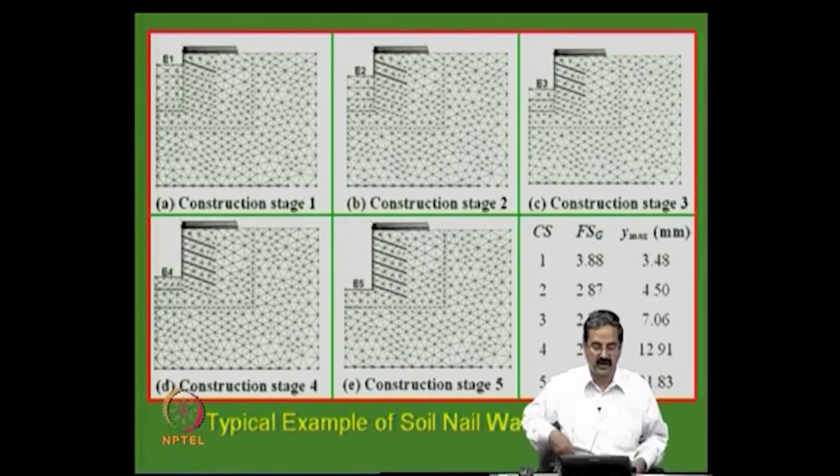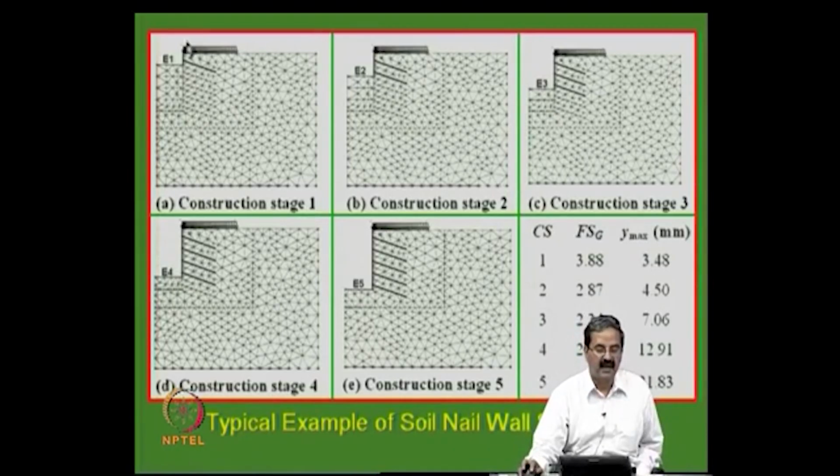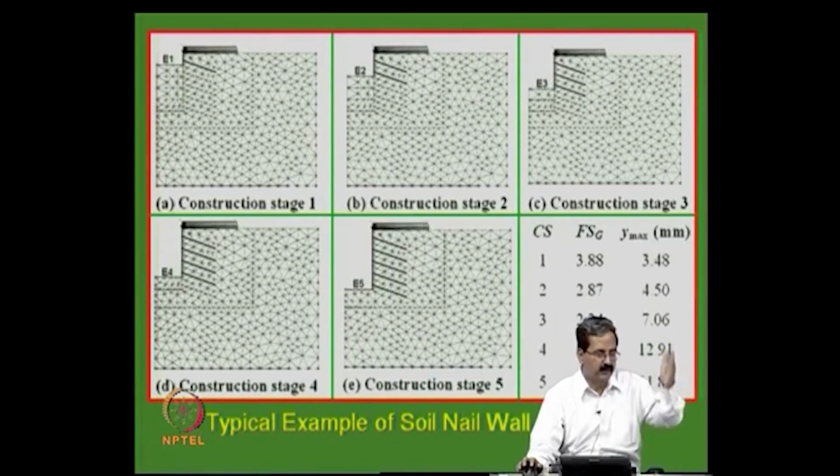So, what I did was a sort of finite element analysis. In a typical example, what we do is excavations, like I told you in the beginning: excavation E1, E2, E3, E4, different stages, you just remove that. What we try to do is simulate this using FLAC or PLAXIS or something, and design the nail. You excavate a bit, for example, your spacing is 0.5 meters, right. So, half a meter, excavate, then